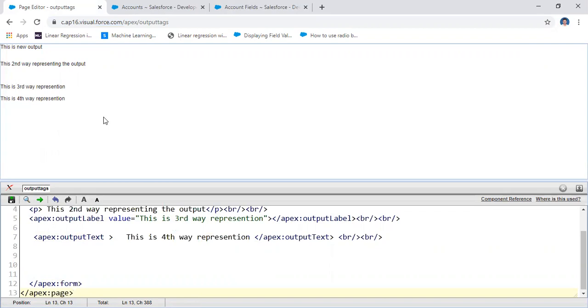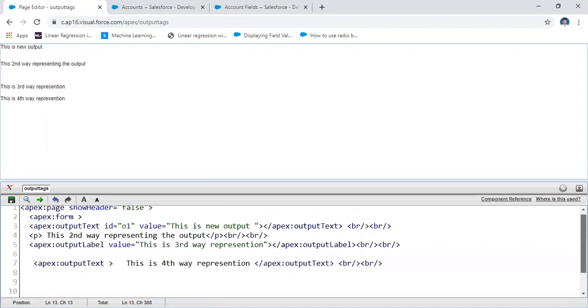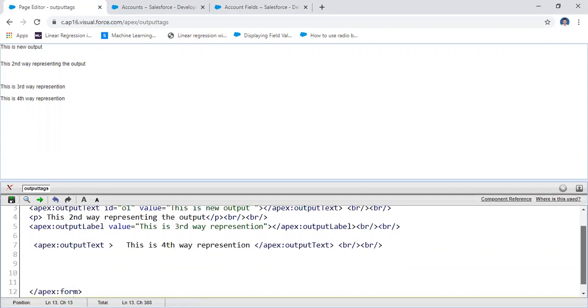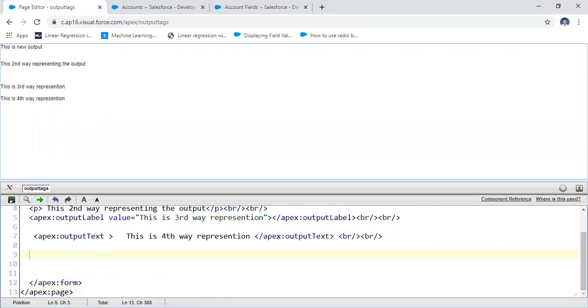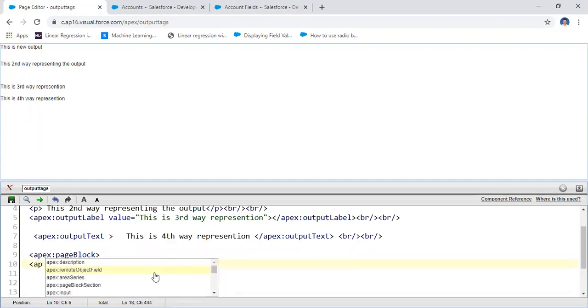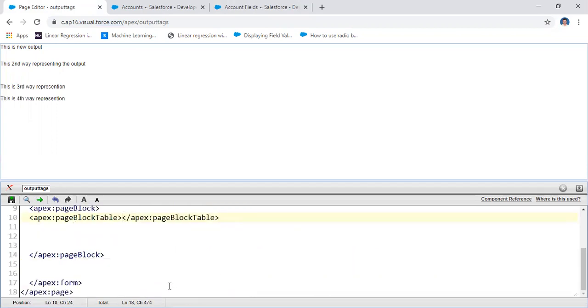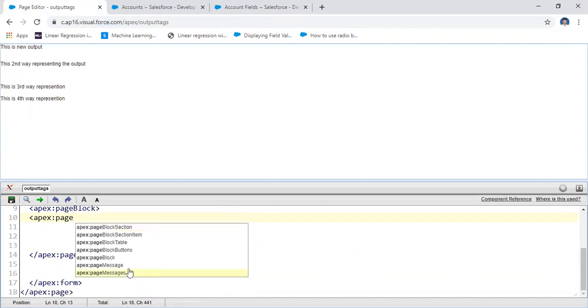And then under the item set, if you want to do an item, you require some field. For example, if you take the apex page block, under the page block I am going to write some section. Let us assume apex colon page block section.